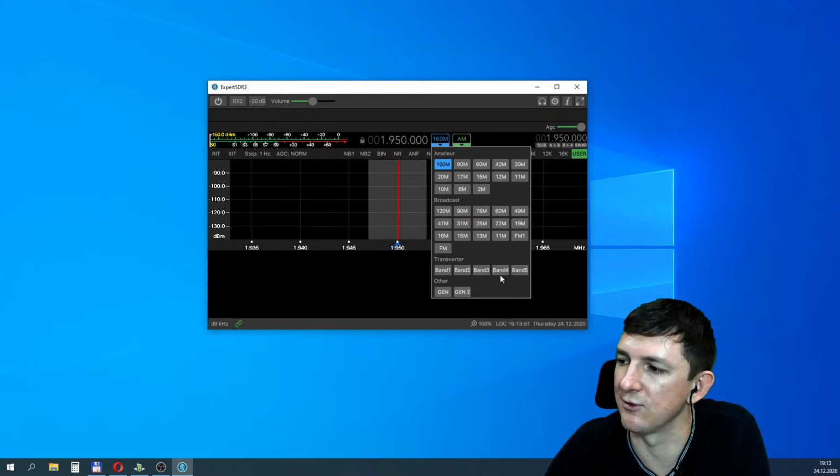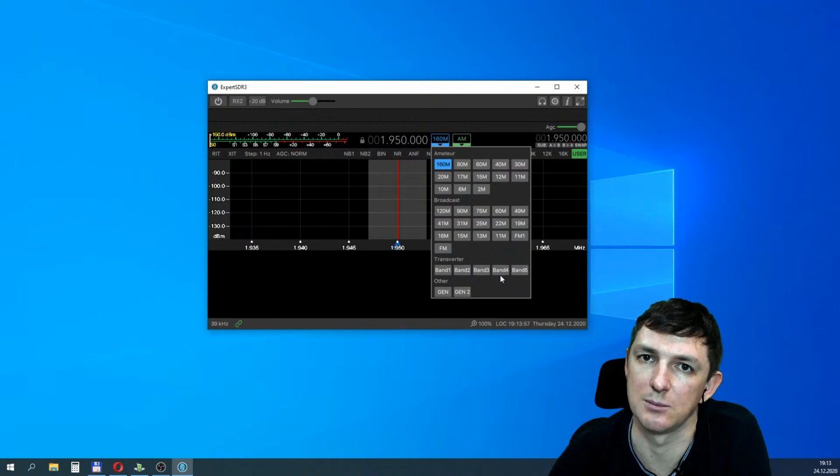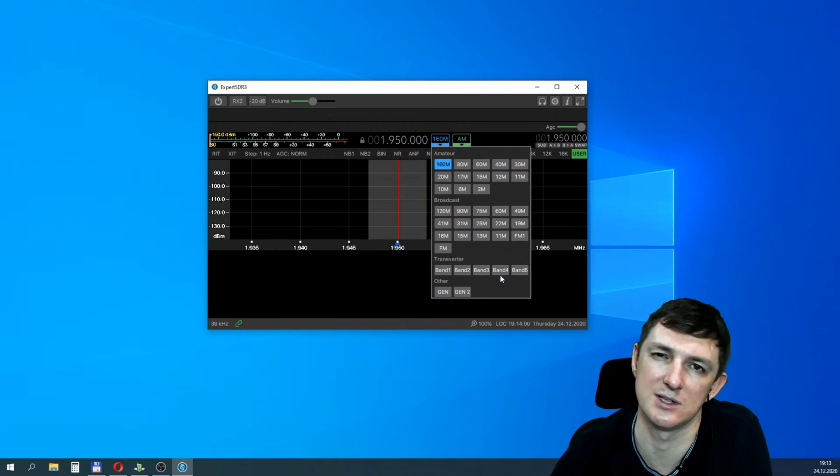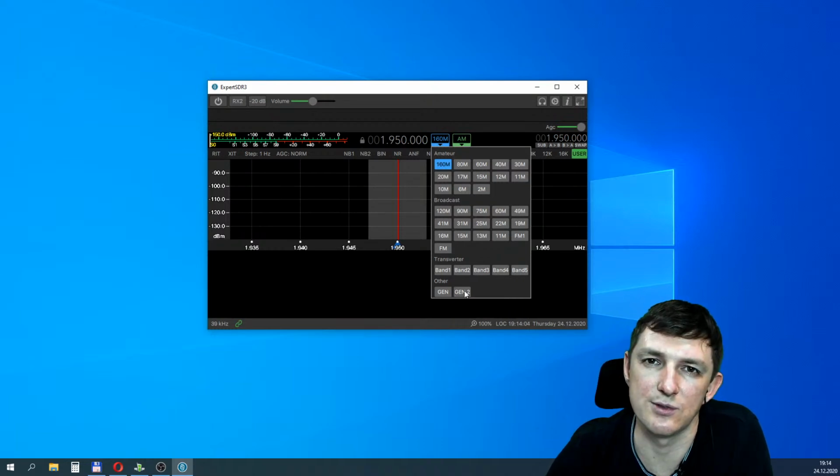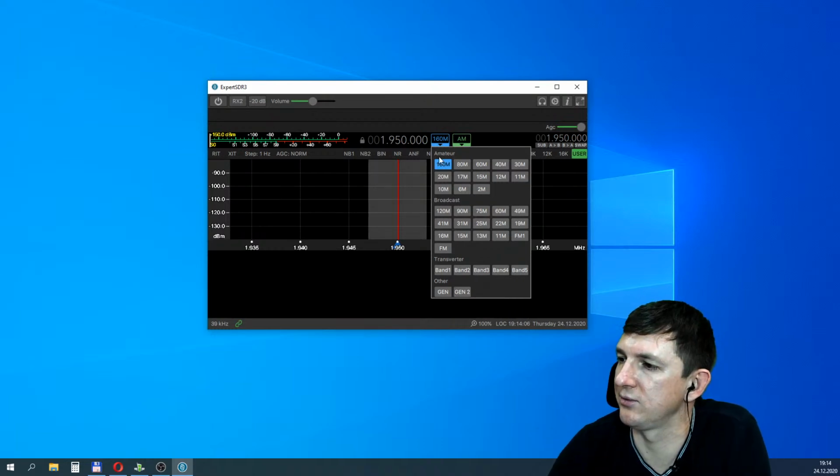Now you can see 5 bands. Maybe we can add other bands if some customer asks us, but for now just 5. Other, general coverage for HF, general coverage for VHF.